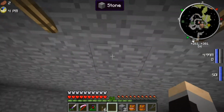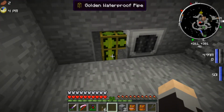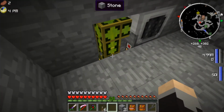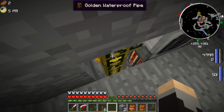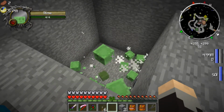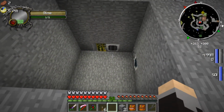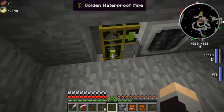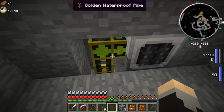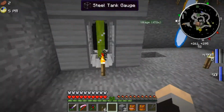And did I just jump into the mob for the... No, I didn't. So why are we seeing mob essence flowing right there? There shouldn't be anything right there. Okay, I don't know why it came up this way. Oh, I do know why. Okay, I'll have to go back down in there and put an iron waterproof pipe because the mob essence is trying to come back up this way, and we'll have to make it so it can only go a certain direction once it reaches a certain point down there. I'll go back in and do all that and fix that off camera. But for now, we should be